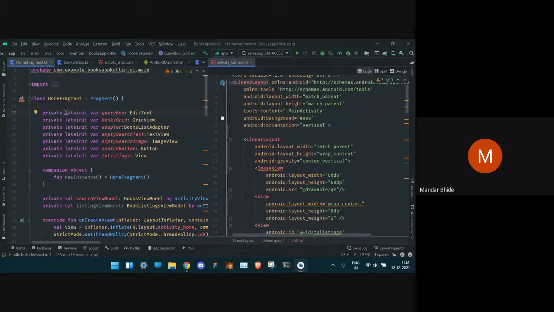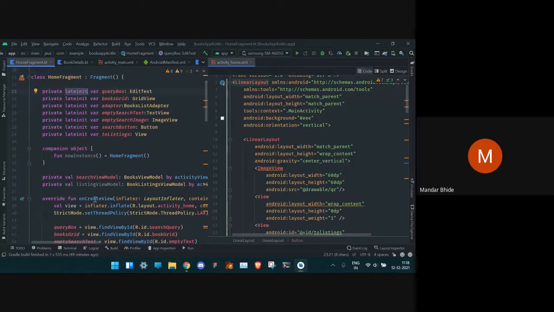Then there is lateinit, which defines that this is not defined when the class is created, but it will be defined later, in onCreateView or any other method. That's why we are putting lateinit over here. Then there is var, as we previously discussed, that var can be reassigned, then the variable name, and then its type.